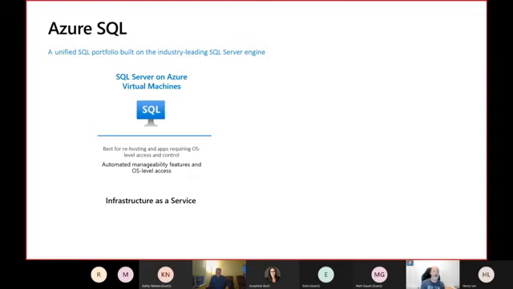We have to take care ourselves of doing all that. Eventually, if we need to apply Windows patches, we have to take care of it. So this is why Microsoft calls it infrastructure as a service, right? It's very easy to set up one of these, but there are a lot of, let's say, administrative tasks that we have to take care of. So this is infrastructure as a service.